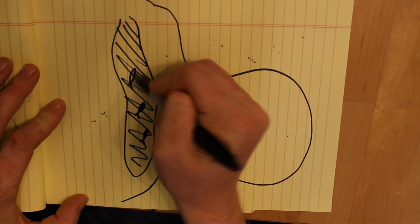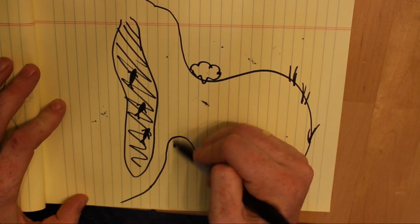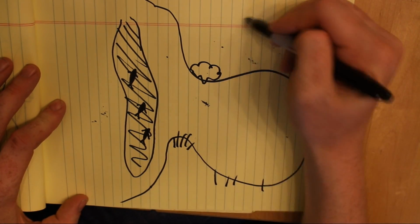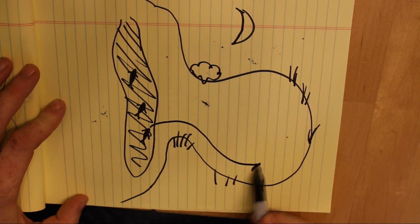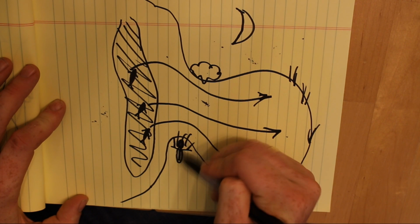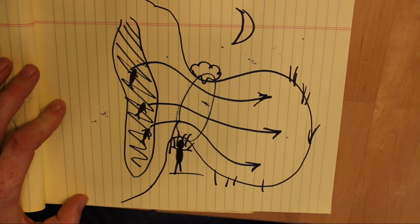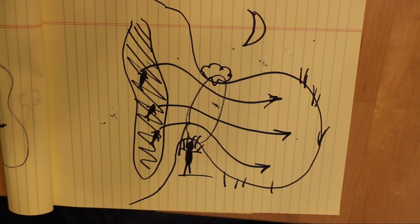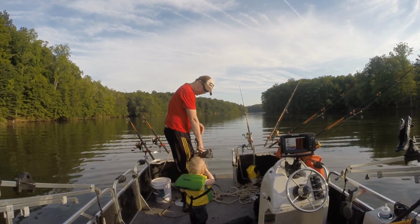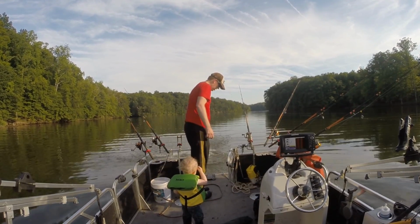So what you can do is, if you know this, you can set up in choke points. So here you got another example. You got deep water, you've got a narrow neck of water, and then you've got like a lagoon, right? So if you set up at the narrow neck, you can intercept the catfish as they go into the lagoon to feed. So understanding how the catfish move with the changes of the sun lets you set up a good ambush point. Here I'm anchoring up on a shallow right on the edge of a deep area full of structure,